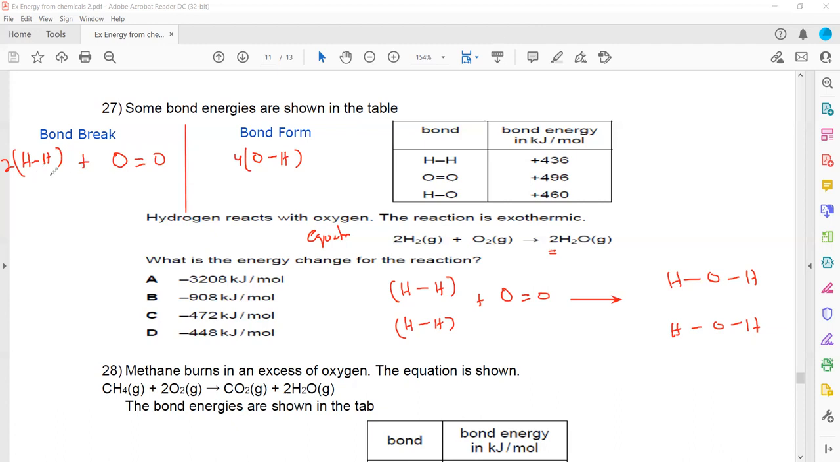When we substitute the value for hydrogen, it is 436, plus oxygen double bonded with oxygen, 496. And for the 4 OH bonds, 1, 2, 3, 4, each OH bond or HO bond is 460. So it will be 460. When we solve